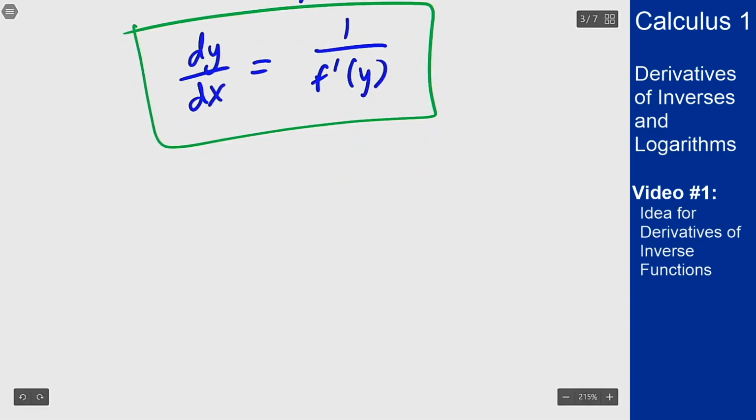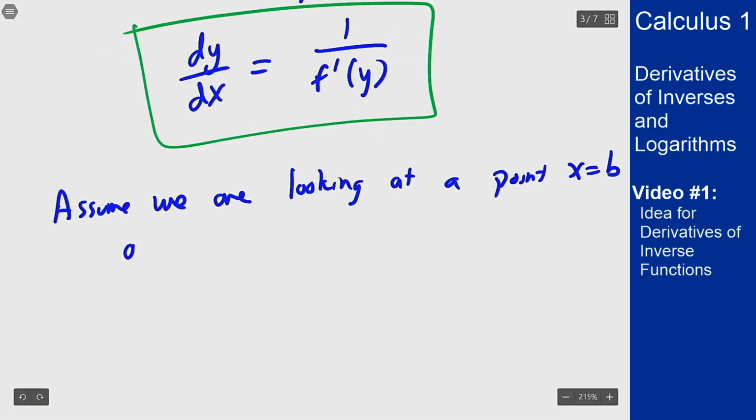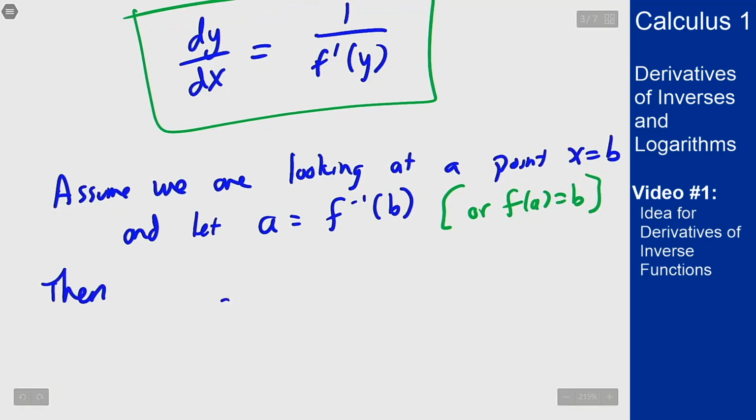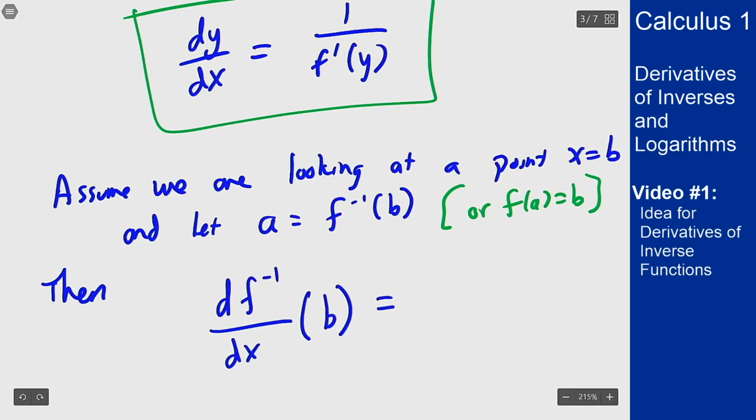We assume we're looking at a point x equals b, and let a equal f inverse of b, which is the same thing as saying that f of a equals b, meaning that b is actually in the domain of f inverse. Then the derivative of f inverse at the point b equals 1 over f prime at a,